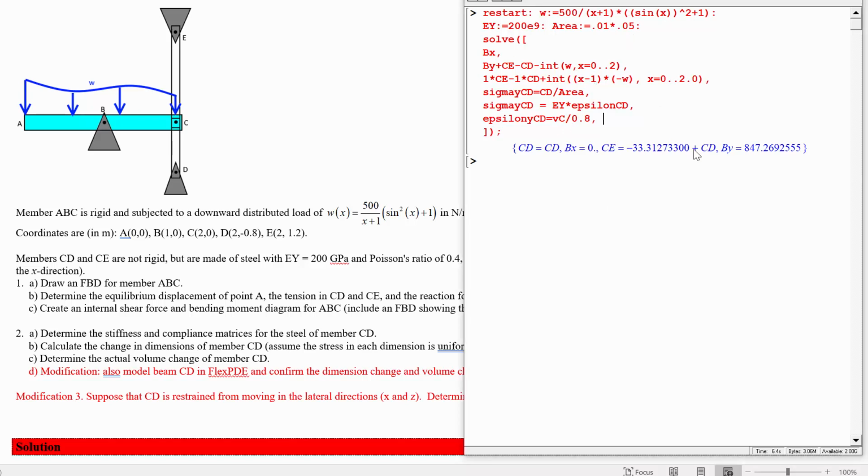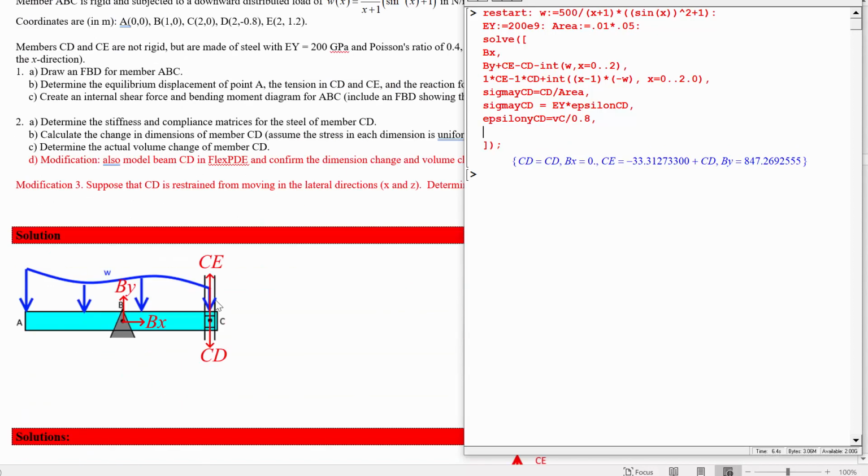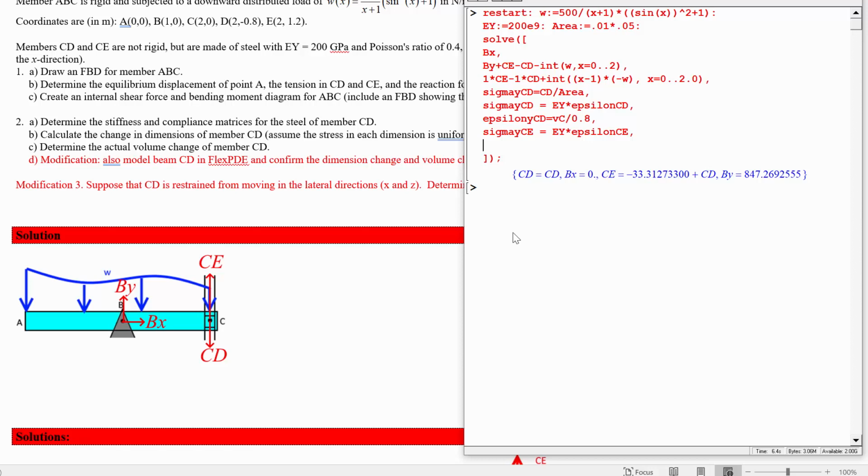Try that out on your own if you can. Here's the answer to that. So we're going to say, again, sigma in the y direction for CE, sigma y CE, the stress is going to be equal to the Young's modulus times epsilon CE, except this time